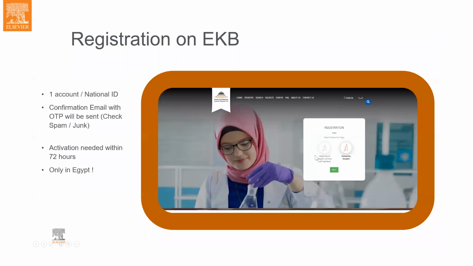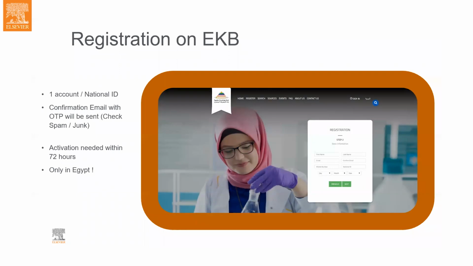on the portal for university and research center staff members, you would need to either be connected to your university internet or your research center internet, or what we call the IP range, or to have an academic email. So academic or researcher email. These end with edu.eg or sci.eg.gov.eg or .plp.eg.